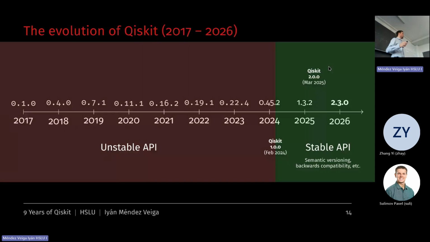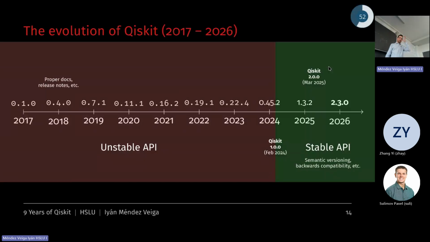So in the case, for example, in March 2025, we have this Qiskit 2.0. We were in the middle of teaching the course. We kept using Qiskit 1.4 point something because it was supported until September 2025. And then the next iteration of the course, we started from scratch from 2.0. And this I will talk about because it was not very painful to migrate from Qiskit 1 to 2. It was very painful to migrate from 0.45 to the 1.0.